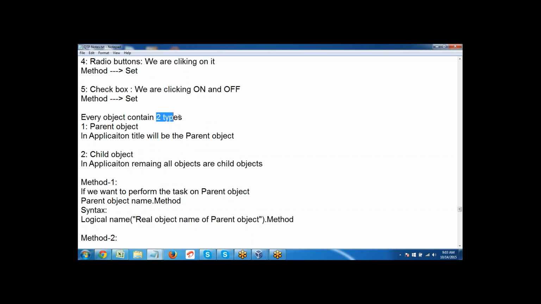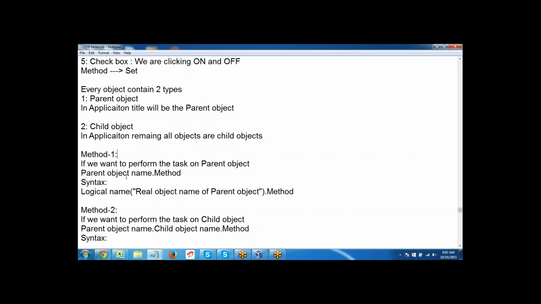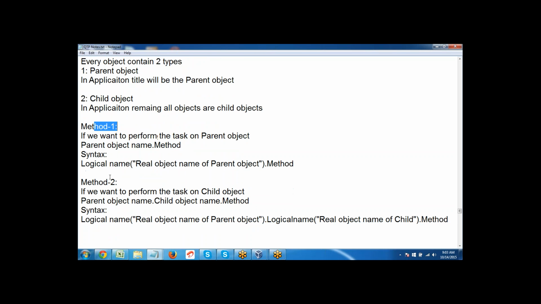Now every object contains two types. One is parent object and another one is child object. So title is the parent object and all remaining objects are children in the application. Now there is a method. If you want to perform the task on parent object, the syntax is parent object name dot method. Okay, this is the method and syntax is this. So to write the script you require